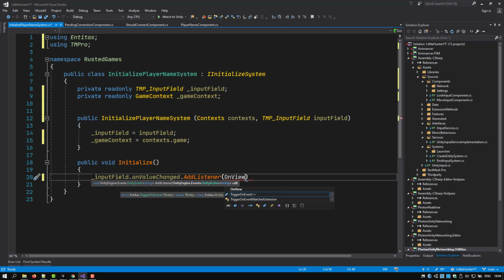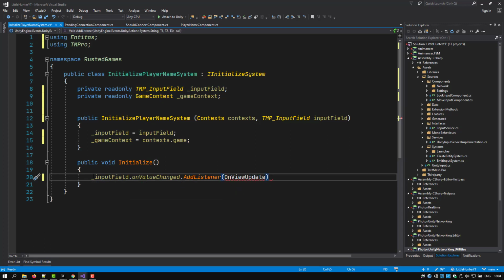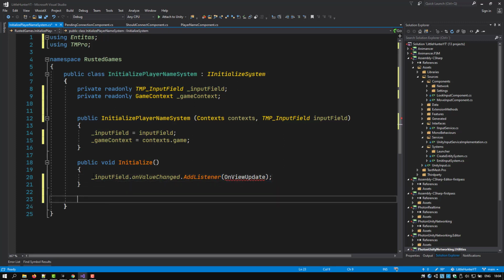Let's call it OnViewUpdate, and let's create this method here. So private void OnViewUpdate,